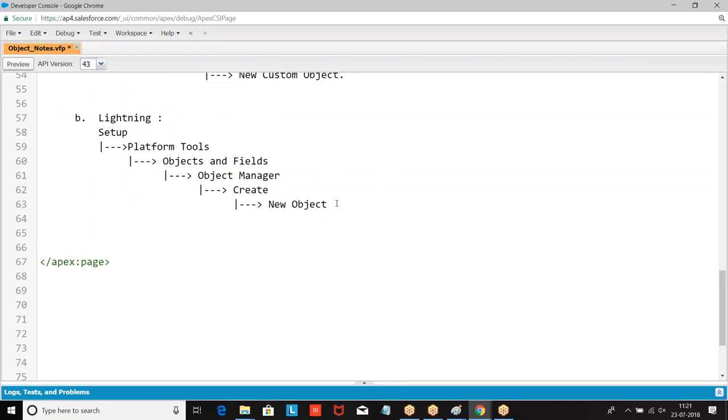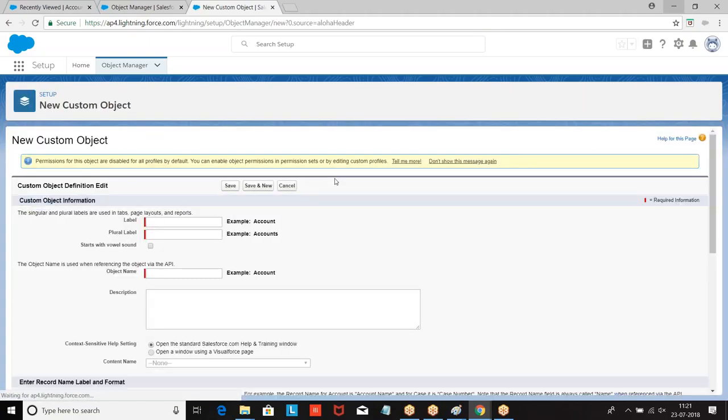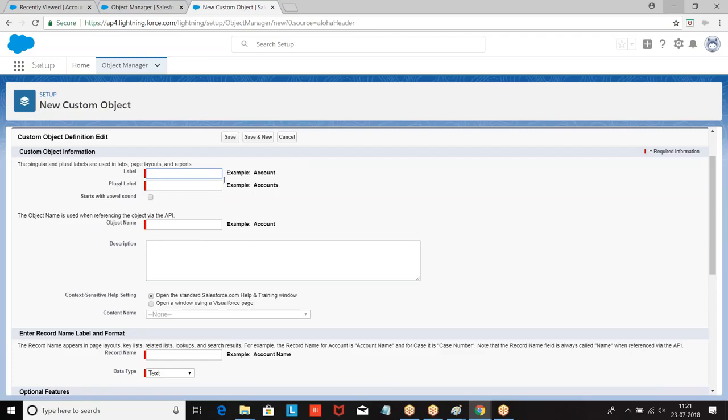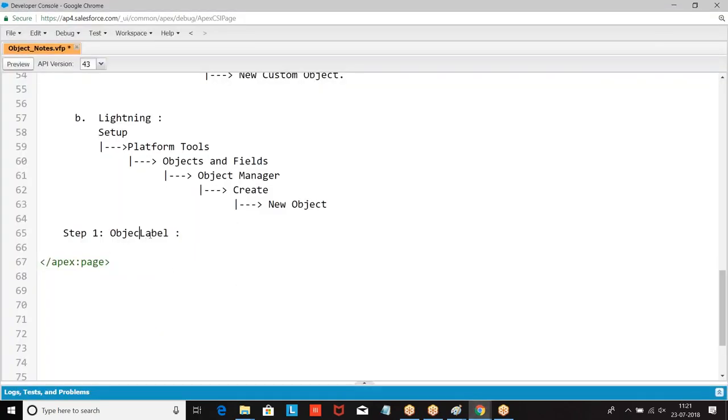Then what is the process? Step number 1, enter the label, the object label. In both cases, the process is the same. What do you mean by label? It is the name of the object.